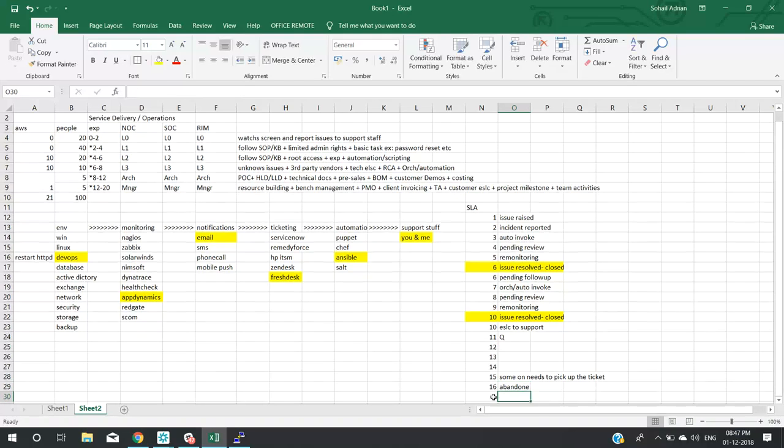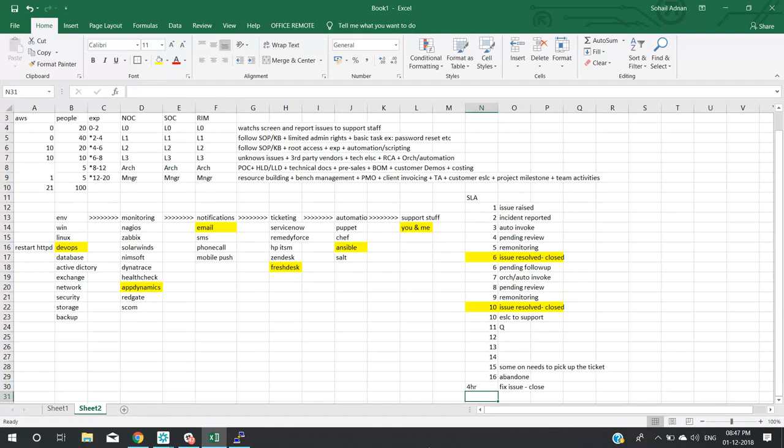A ticket will be abandoned. It will be in the queue, but nobody is picking it up, so you breach the SLA. If the SLA says somebody needs to pick up the ticket in a given time, and somebody has to resolve the ticket in a given time, now you're in trouble. On the 16th minute, the ticket is abandoned, and you have to close this ticket in 4 hours. In 4 hours, you need to fix the issue and close. If it is beyond 4 hours,